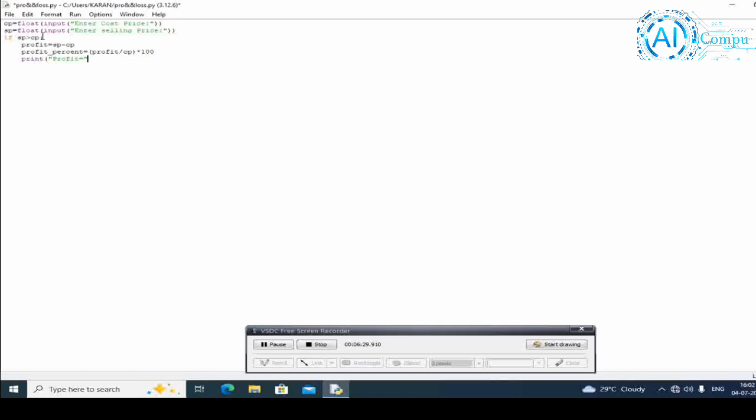So which value will be printed? This value, here SP minus CP, selling price minus cost price. This value will print here. See, it will fetch the value of my profit from there and it will print here. So just closing the bracket, and for printing profit percentage also the same way, print profit